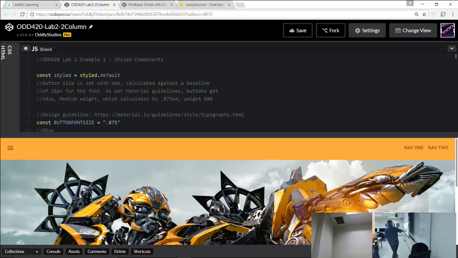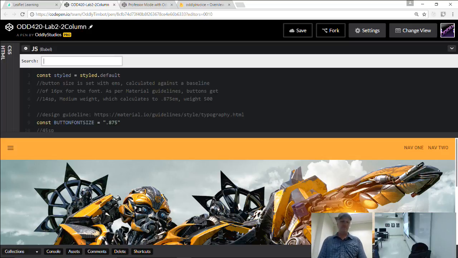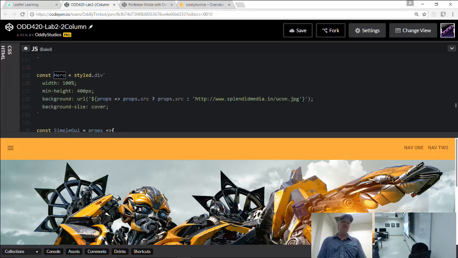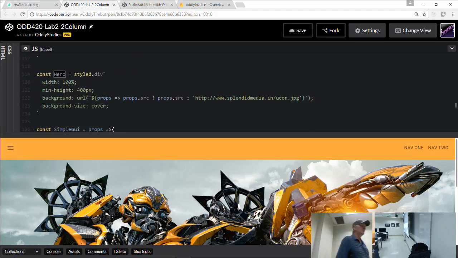Inside of here, this image is being done with a component called Hero. Pretty handy little component. So while I'm in here, maybe I can just show you that. We'll just take one second. Yep, so this is it. It's actually pretty small. It's just a styled div with the width set to 100%. And then right here, this is where the magic is happening, right?